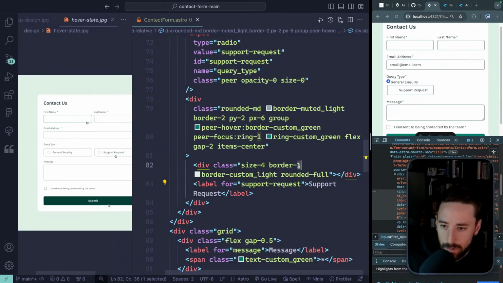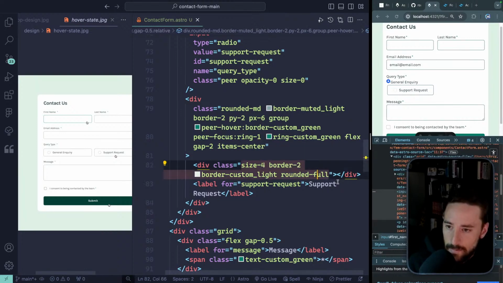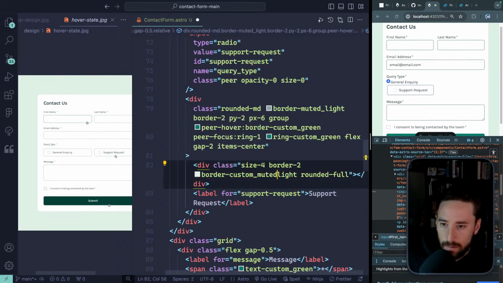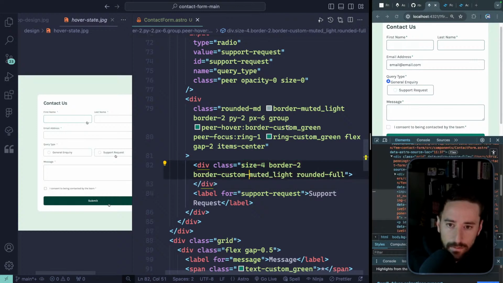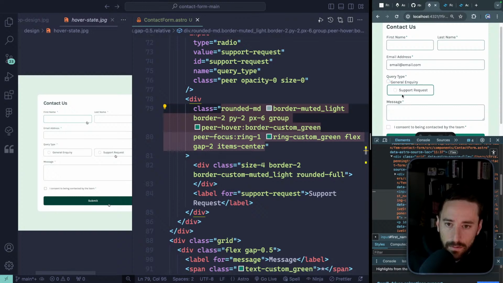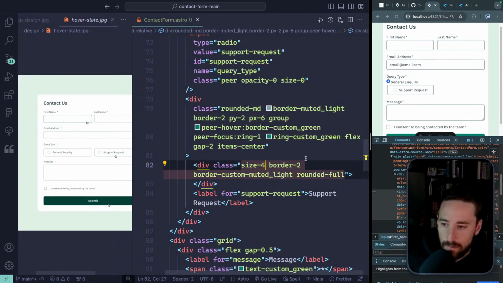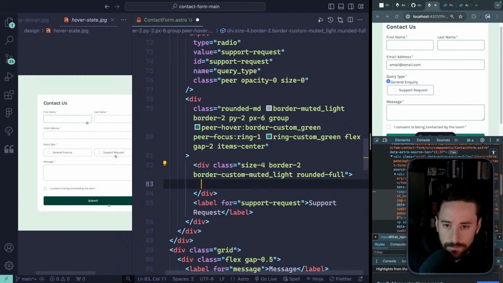Where's this thing at? Border 2. There we go. Okay. Border muted light. Let's change that. So maybe do it slightly bigger. Maybe not. Okay. And then inside here, we will have